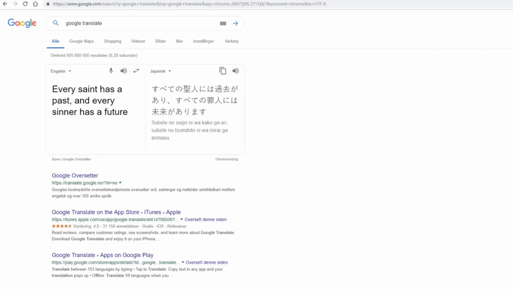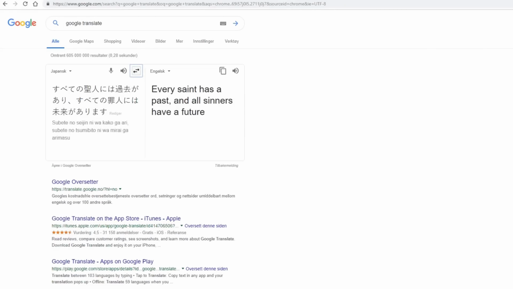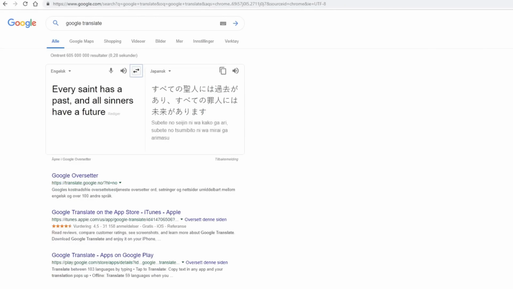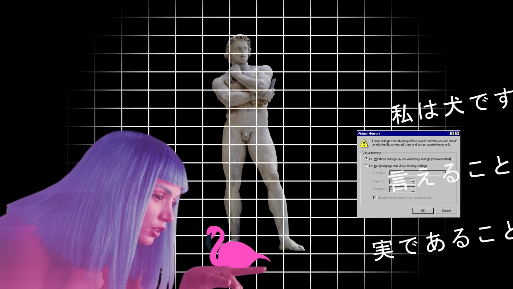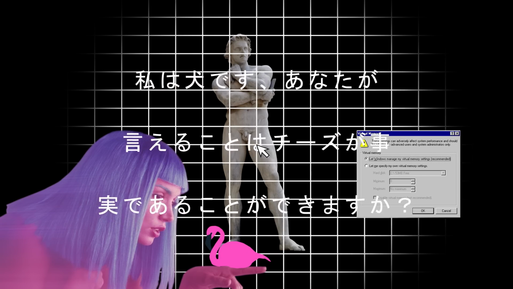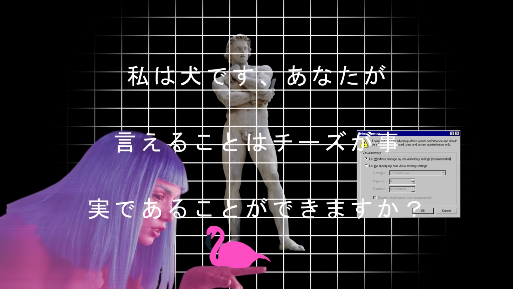Okay. But the experts, they don't stop there. Oh no. They translated it back and forth so many times that any spare meaning that was left behind by the third translate was transported into the abyss of Google's AI before being jerked into a sentence that roughly translates to "I am dog, if you word, can cheese be fact?" Awesome! Now turn it Japanese again and put it into your amazing Vaporwave picture. I mean, no one that can actually read that is gonna see it anyways, right?